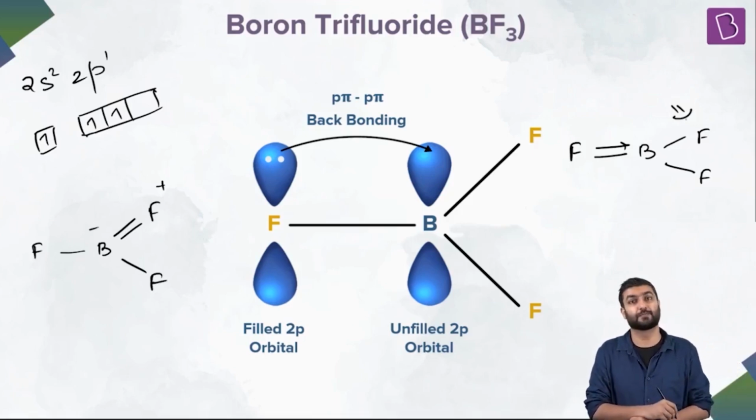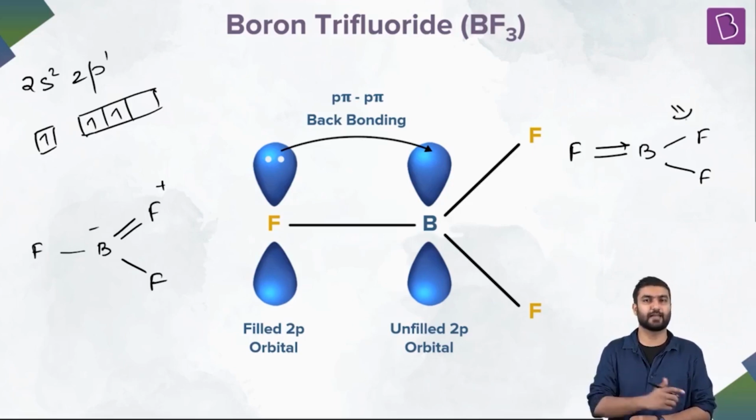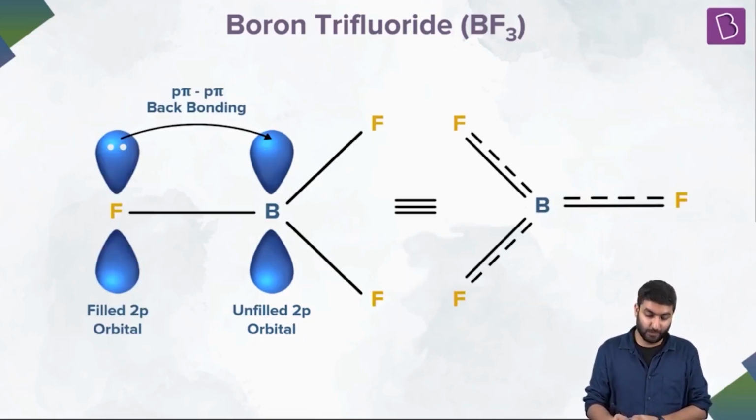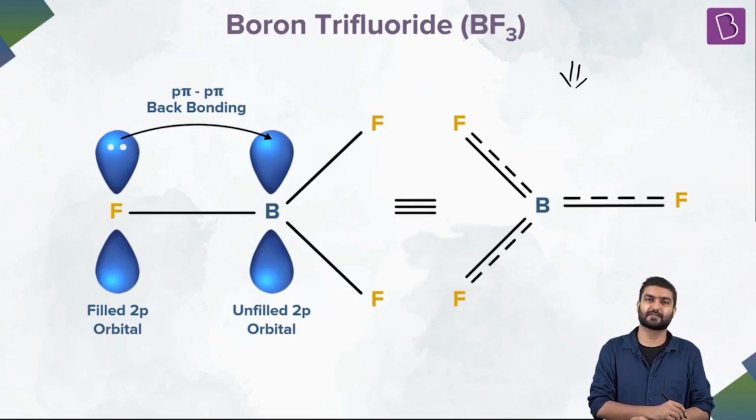Now the third fluorine is like, hey boron, will you form a bond with me? So this turns out, and we see that all of these individual possibilities are very similar in energy. But when we actually refer to the bond lengths, electron densities, and the positive and negative charges in this molecule, the actual structure turned out to be like this. So what did we conclude? We can easily ascertain that those are the resonating structures. This is the resonance hybrid of the overall phenomenon that is going on. But what is the individual phenomenon going on here?